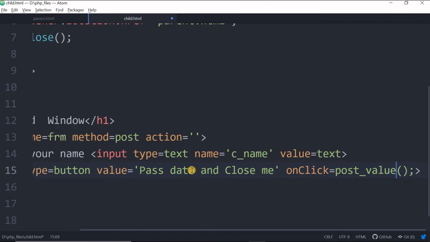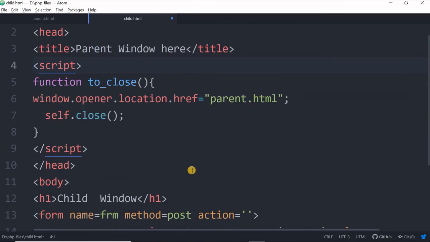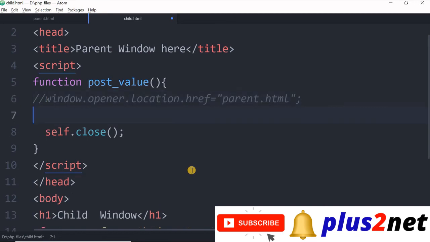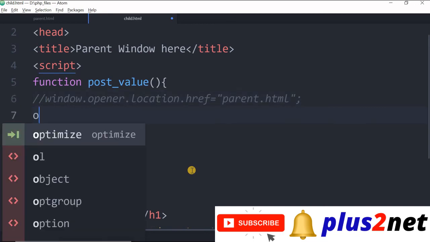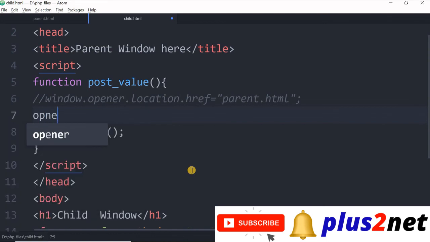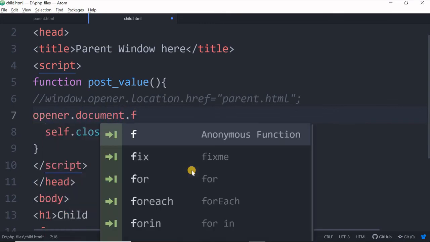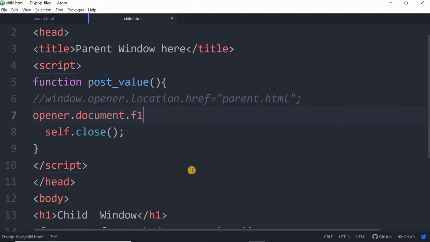Now this is the function we want to execute here. So we'll change the name here to postvalue. This is the function that will be executed. Now this line, whatever we refreshed, we'll close this. Instead of that, we'll write opener.document. Now we are at the parent window data. F1 is the parent window form name we have given.